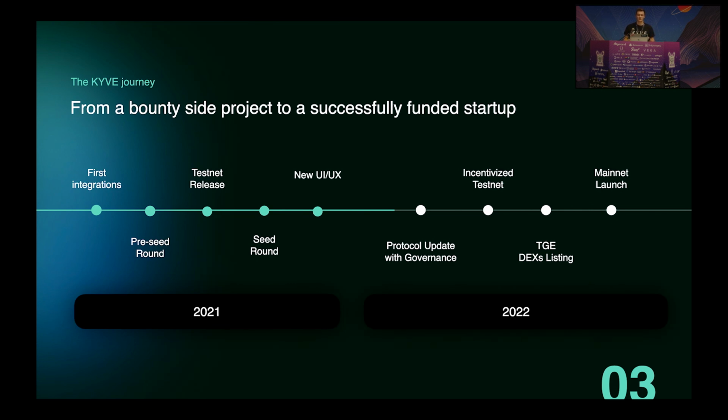Then we did a pre-seed round, did a small test release, I would say in March-ish time, grew the community, improved the UI and UX around it. We are right now rolling out a big update where the demo will be